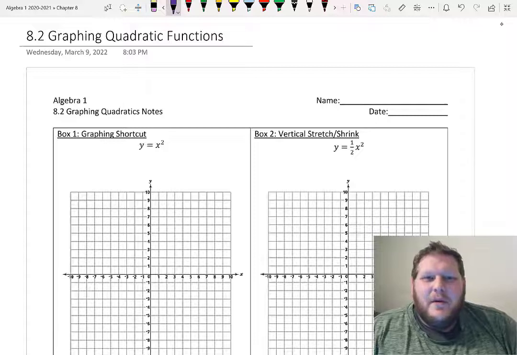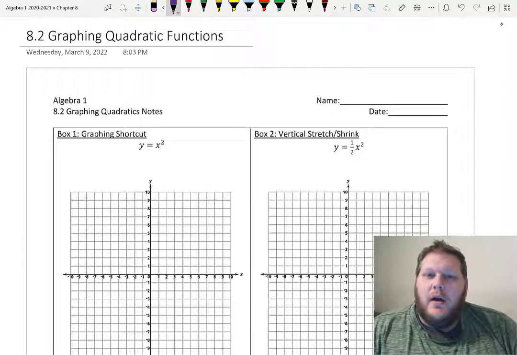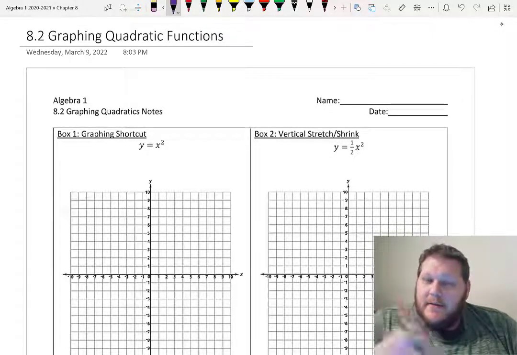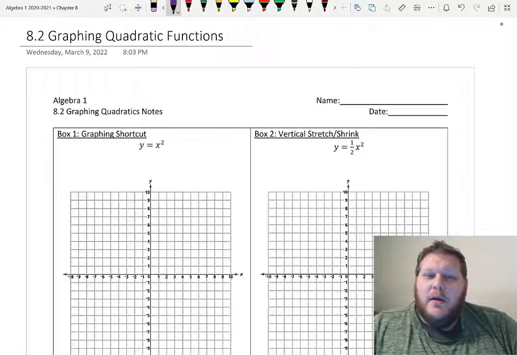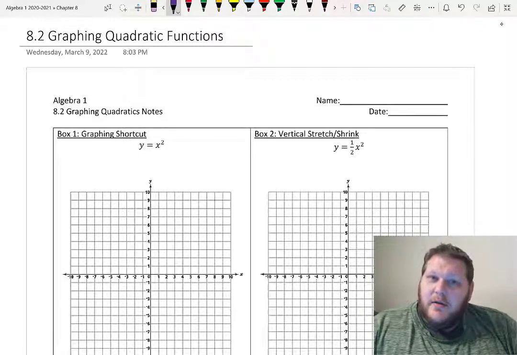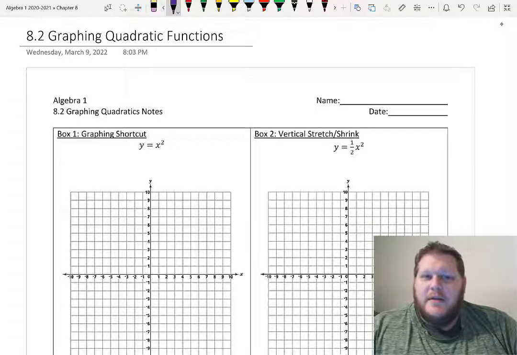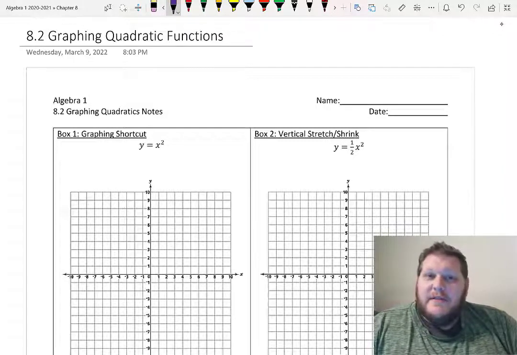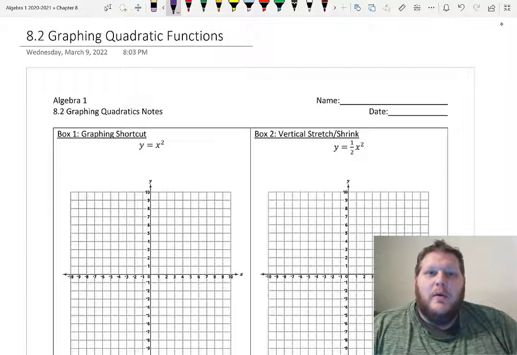Hey guys, today we were looking at 8.2 set of notes, which is all about just basic graphing of a quadratic. We talked about yesterday, or I guess in the last section, 8.1 was all about describing those key characteristics of parabolas with the vertex, the AOS, and then obviously some domain and range, intervals of increasing and decreasing. But for graphing specifically, because we have that AOS, what we really are focusing on is finding where our vertex